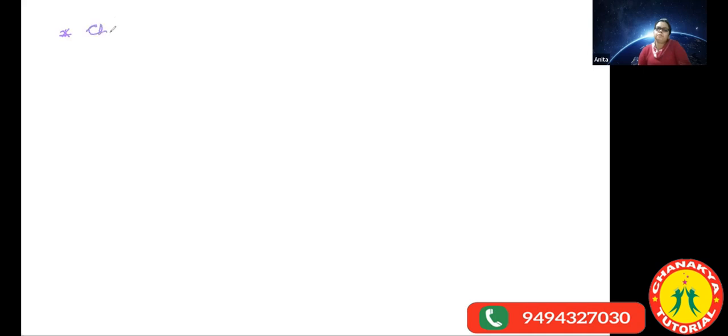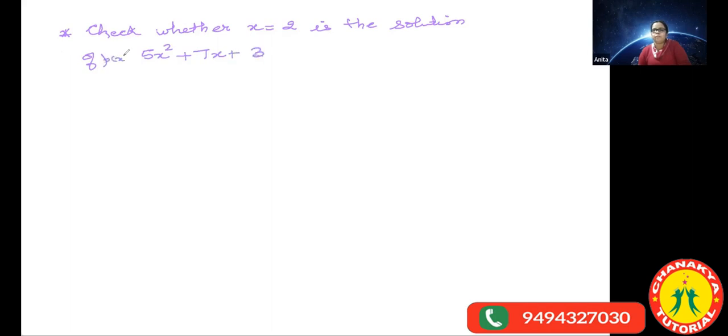Check whether x is equal to 2 is a solution of the polynomial 5x square plus 7x plus 3. Children, while doing the solution, you have to write each and every step. Substitute the 2 in place of x. Just substitute the value of x as 2 in the given polynomial and check